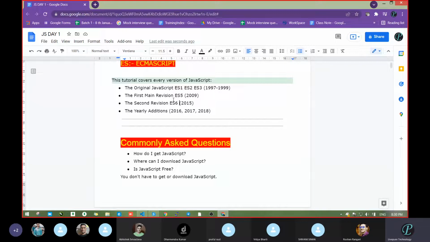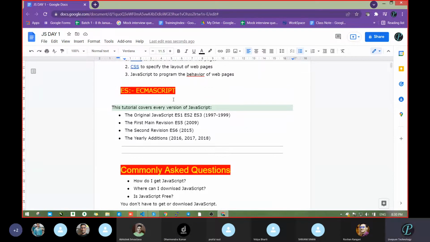If you are learning JavaScript, or suppose Java, then you get updates there also. Anyone can tell me which version of Java is going now? I think Java 13 or 15, like that it's going.